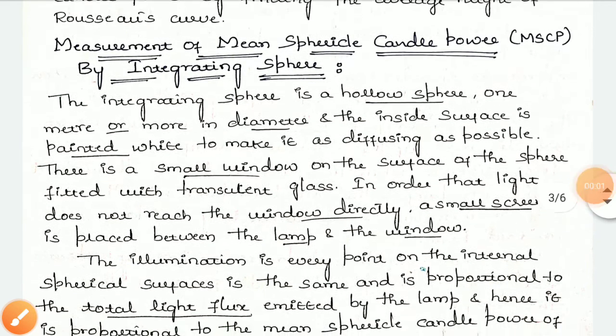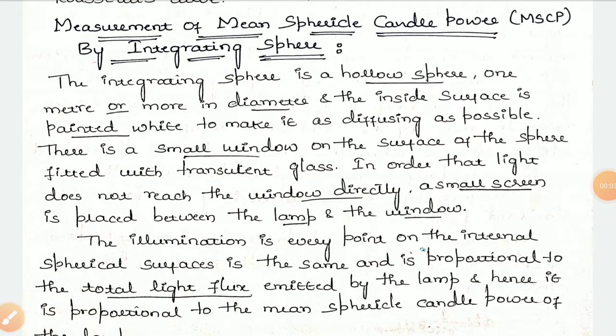Yes, now we'll discuss the measurement of mean spherical candle power, that is MSCP. The definition of MSCP is already explained in the beginning classes. So what is MSCP, what is MHCP and other things we have discussed. So here, the measurement of mean spherical candle power by using the integrating sphere is one of the techniques used to measure the mean